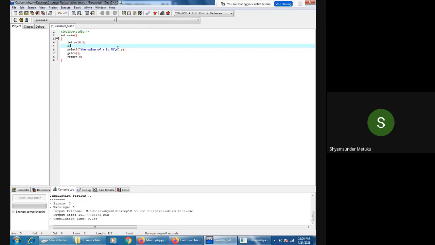a is equal to maybe 25. Sir, what does it mean when it's showing all zeros? Actually, it should not show 0.0. Maybe it is compiler dependent. As I mentioned, maybe in Turbo C it will show 10 only. It will ignore 0.5, because when you say 10.5 with %d, 10 is printed. Even with %f it should print 10.00. Maybe Dev C++ is not accepting it because of an incompatible format specifier. Okay, it's compiler dependent.